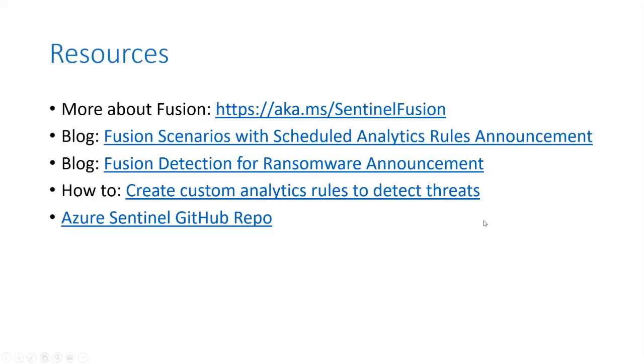Okay, so we will have some time for questions, and here on the last page we have the resources I mentioned earlier. If you want to learn more about Fusion and look at the predefined scenarios within Fusion, you can go to our product site, aka.ms/SentinelFusion.